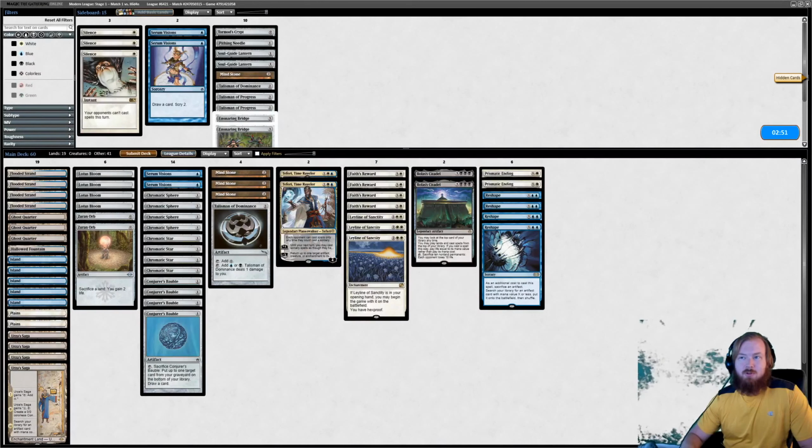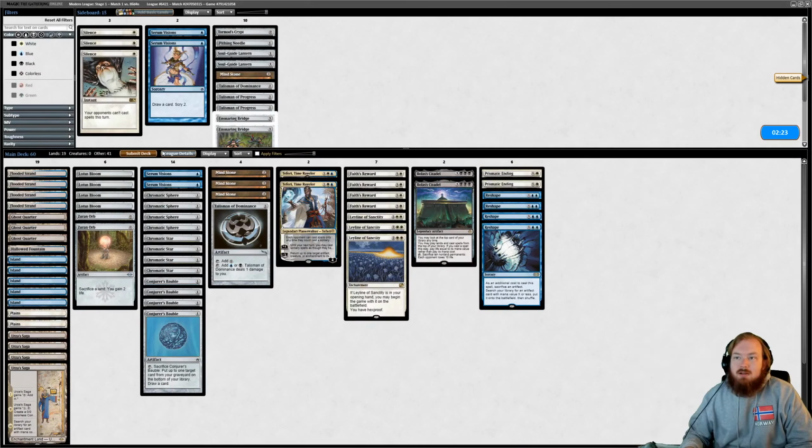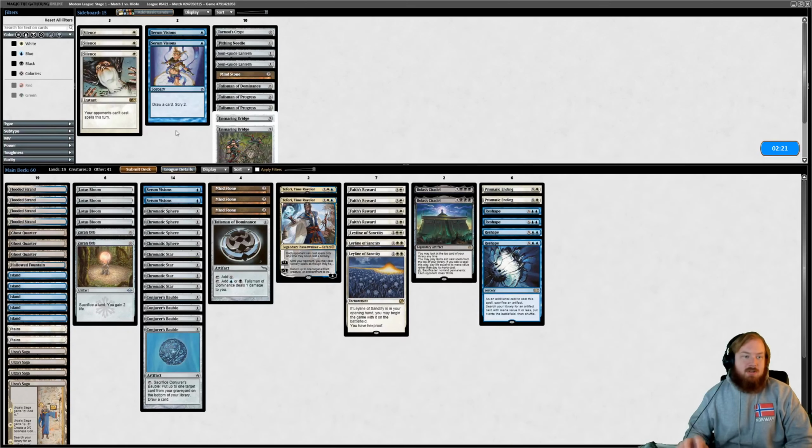I don't know that we're going to change the board. I think our board is fine. It's possible that I want Serum Visions here. I think I did overboard. I just don't know. Well, we're going to need Prismatic Ending to potentially hit a Pithing Needle or something, so